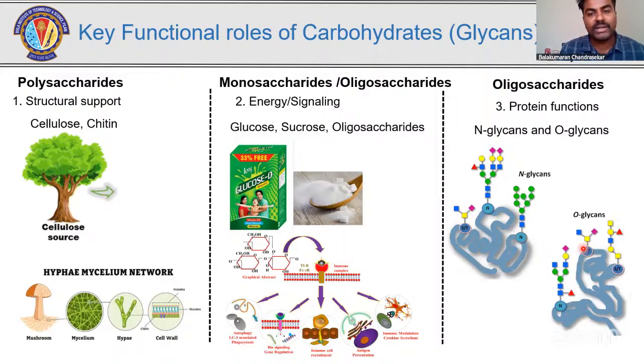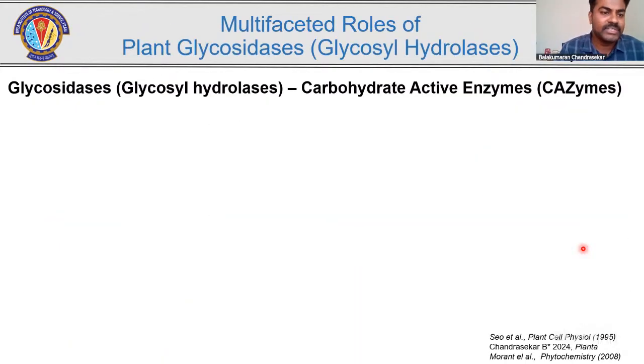These carbohydrates are acted upon by enzymes which can cleave them during the life stage of any biological system. The enzymes which act on carbohydrates are called glycosyl hydrolases, or simply glycosidases. These are carbohydrate-active enzymes which cleave the glycosidic bond between two carbohydrates or two different sugars. I have already told you that two monomers are linked via a glycosidic bond. Glycosidases act on the glycosidic bond, cut it, and release a free sugar.